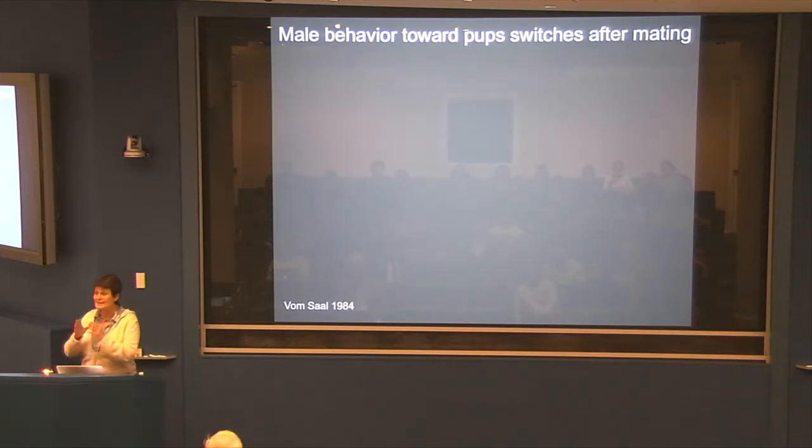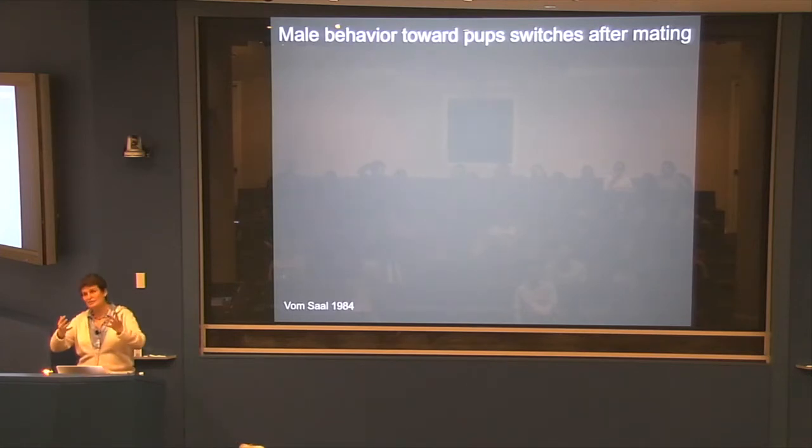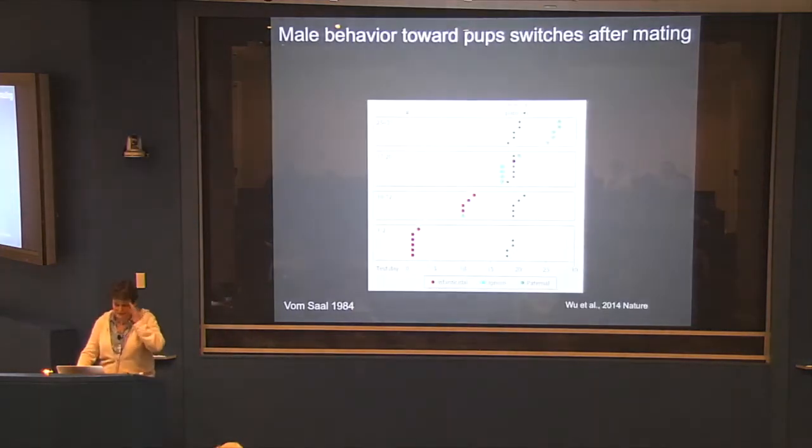Now, 3 weeks is exactly the gestation time in mice. So you have to argue that somehow the male who mates with a female, nothing is happening for 3 weeks, and then suddenly, at exactly the same time as the pups are born, now this male is no longer infanticidal, he's becoming paternal. And somehow, it seems to be too good to be true. So Herbert decided to